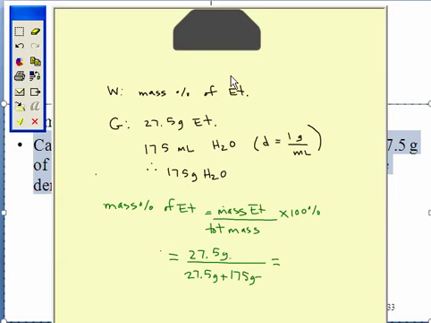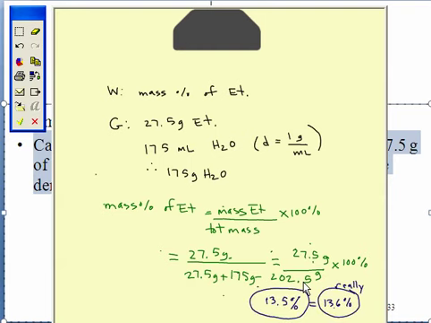So when I add 27.5 and 175, I get 202.5. So now I have 27.5 divided by 202.5 times 100%. So when I look at my calculator answer,